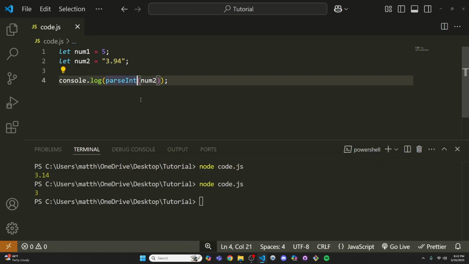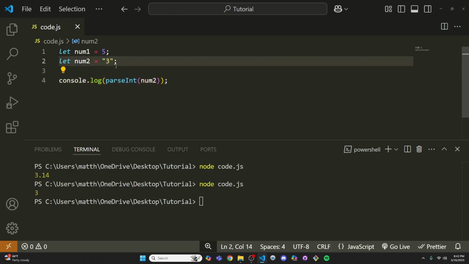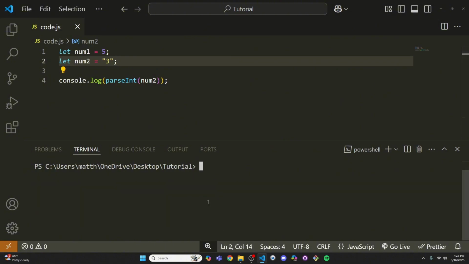Now, what's the difference between parseInt and just using Number? Well, parseInt is only going to use numbers. So if I were to put 3, technically Number and parseInt are both going to give you 3. But the difference is how they handle unneeded characters. So if I were to